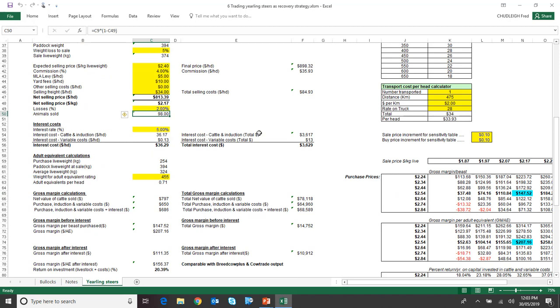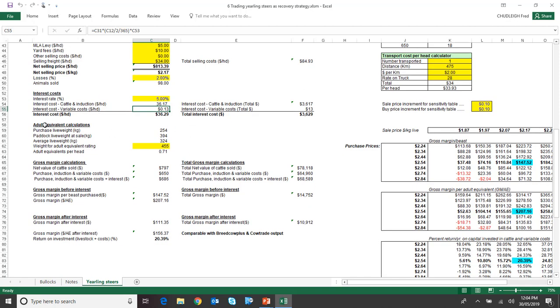Now, while we're holding them, we could have had that money in the bank earning interest or saving interest on our debt. So we've nominated 5% as the opportunity cost of our interest. In that case, we could have earned or saved $3,600. So that's part of the cost of buying these steers, the opportunity cost of the interest. And there's probably a very small amount of opportunity cost on the variable treatment costs that we put into them.